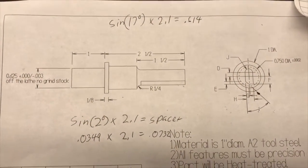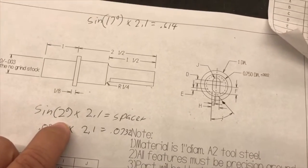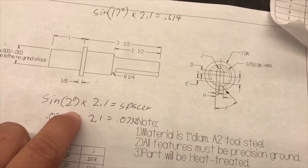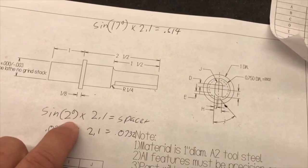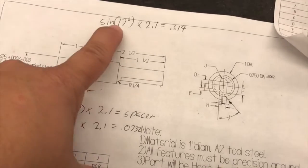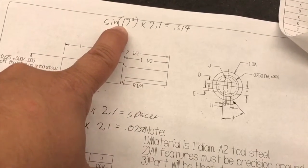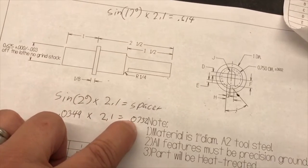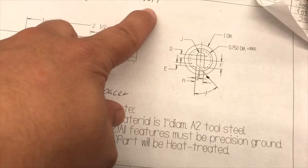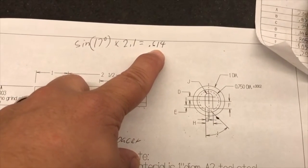Okay, here's where I have 2 choices. I can set my grind-all fixture to 15 degrees and then put a spacer and take up the 2 degrees extra I need, or I can set it at 0 and do 17 degrees. This right here ends up being 0.073, which we'll have a gauge pin for, but I'll have a gauge block stack for. This right here ends up being